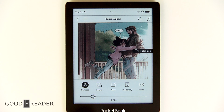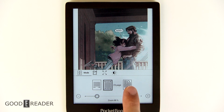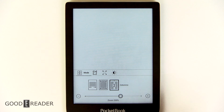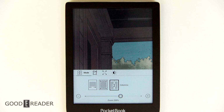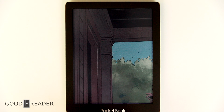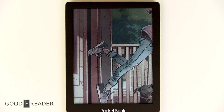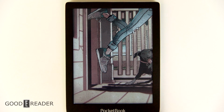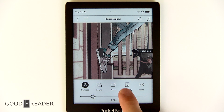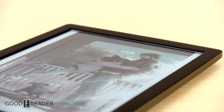And you have a lot of options here as well. So you have fit to width, fit to page, and you can even column it. This one's not good. We'll just touch on it for a second. Why we don't like this one is because it segments everything off and it doesn't really allow you to know where you are on the page. So you can see it zooms into a level that it's just not really that comfortable. So it goes 1, 2, 3, 4 on the page like that, and it's really just kind of hard to deal with. So we recommend just keep it simple, keep fit to corners, fit page,